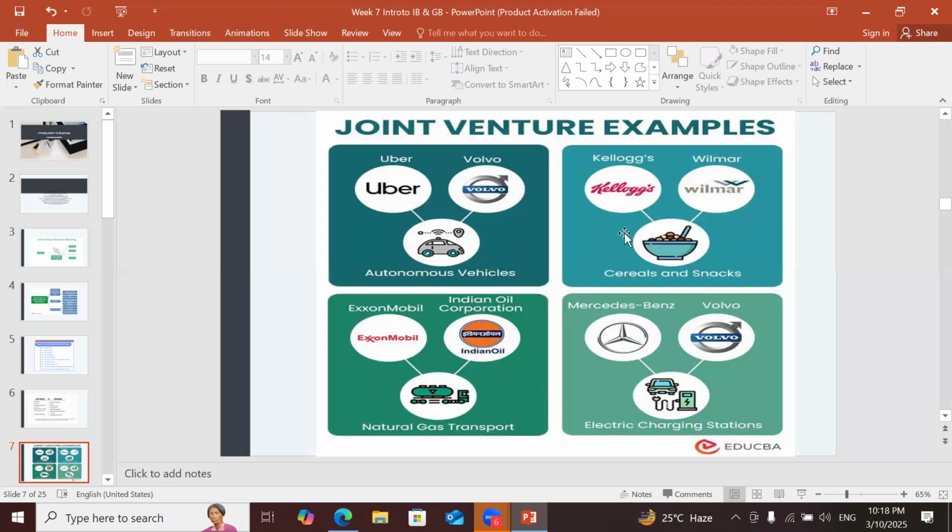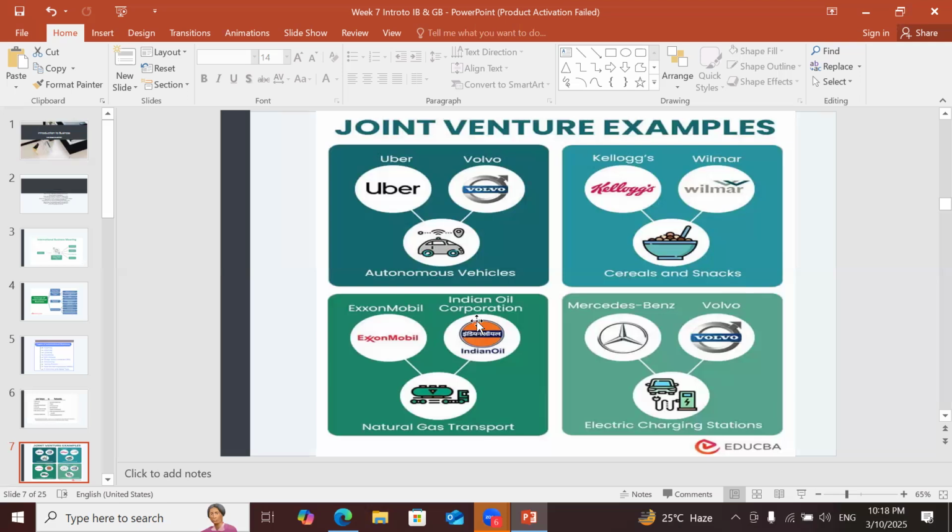Another, Kellogg's and Walmart. I think Kellogg's is a California-based company and Walmart maybe Singapore. But they jointly collaborate to produce a product, for example cereals and snacks, one kind of food and beverage. Okay, another joint venture,